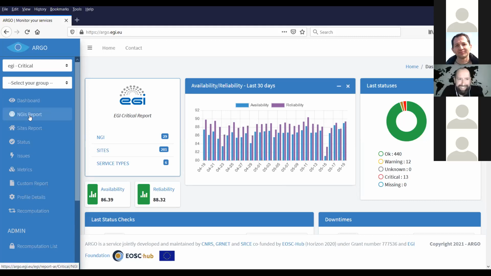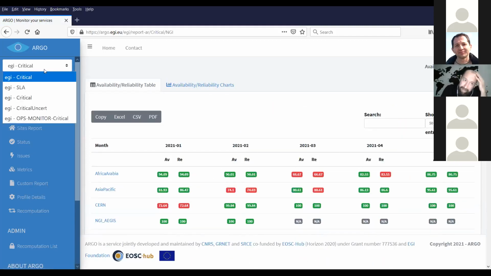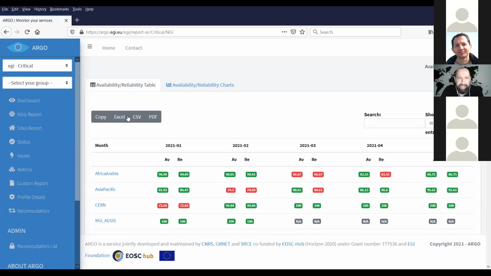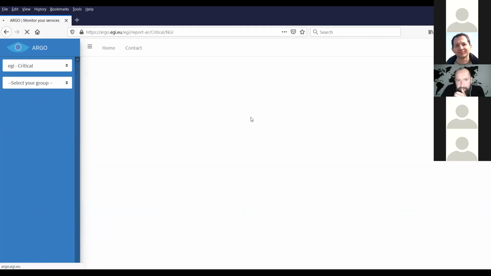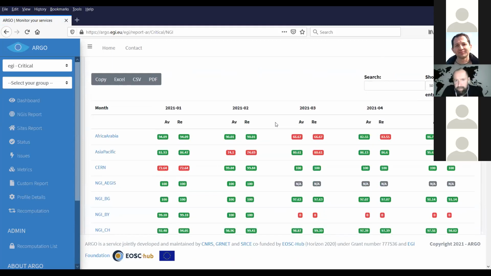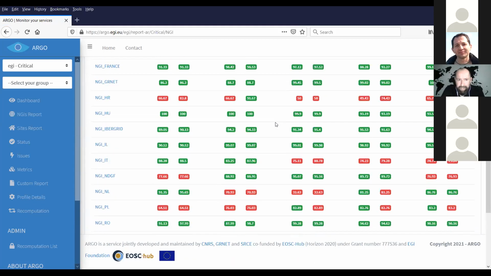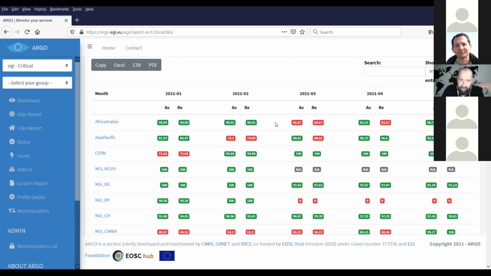I apologize again. So going back to the left side, I'm showing you the results for NGI Critical, which is the one that I was showing before. This is the one that you get in the email at the end of the month if you're a service owner. The NGI report will show you the availability and reliabilities for the past 4 months for each of the NGIs. So we are on a higher level.